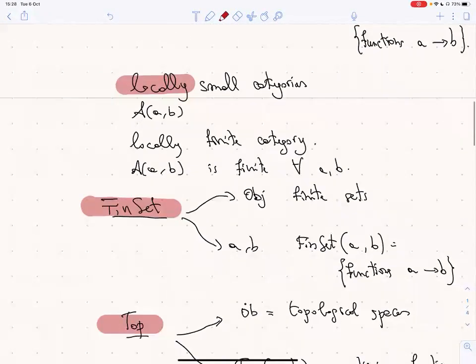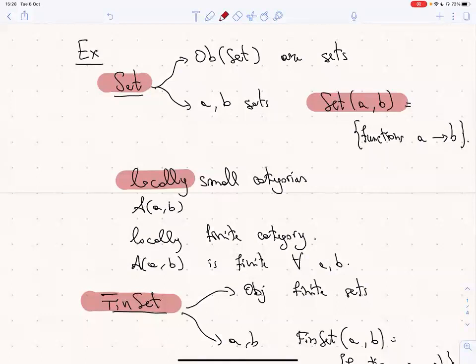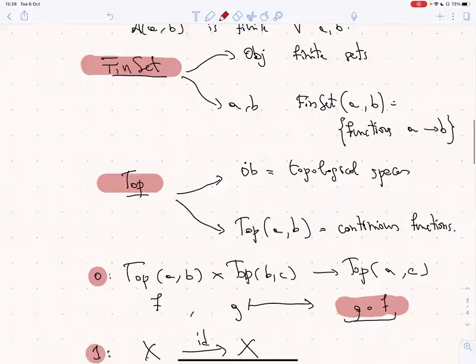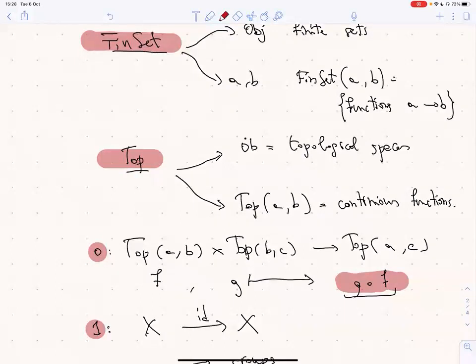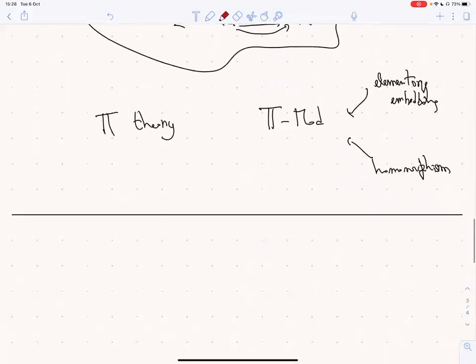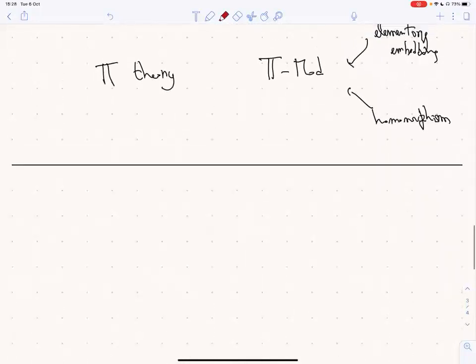Okay. So for example, in the examples I gave you, Set is large but locally small. Finite sets is technically large, it is locally small, but it is also essentially small in a sense that I will point out later. Just give me a couple of minutes. Then Top, the category of topological spaces, is definitely large, but locally small. And also the others, groups, rings, these are large but locally small. And also T-Mod for a theory, and by Mod I mean models of the theory, of course.